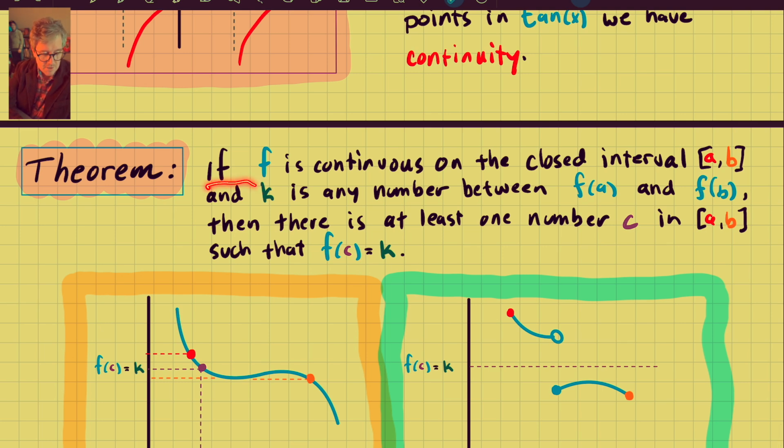The theorem says if f is continuous on a closed interval [a, b], so I've got a function that's continuous on a closed interval, which basically means there are no breaks or gaps in the function, and k is any number between f evaluated at the low point of the interval and f evaluated at the high point of the interval, then there's at least one number c inside this, somewhere between a and b, such that f of c is equal to this